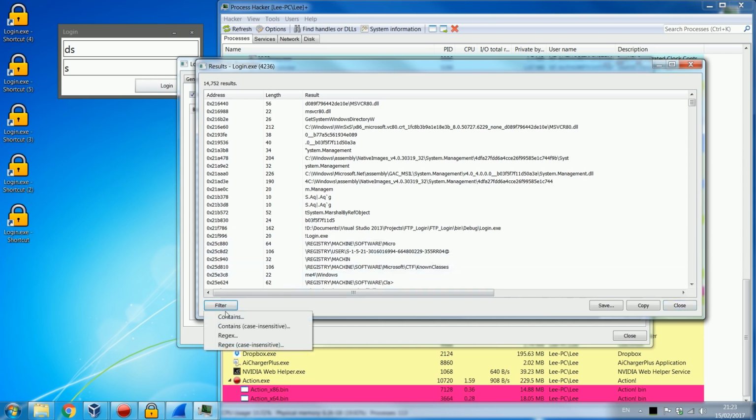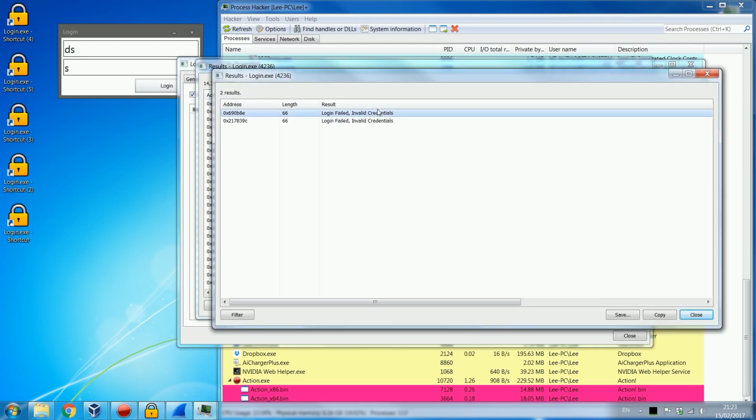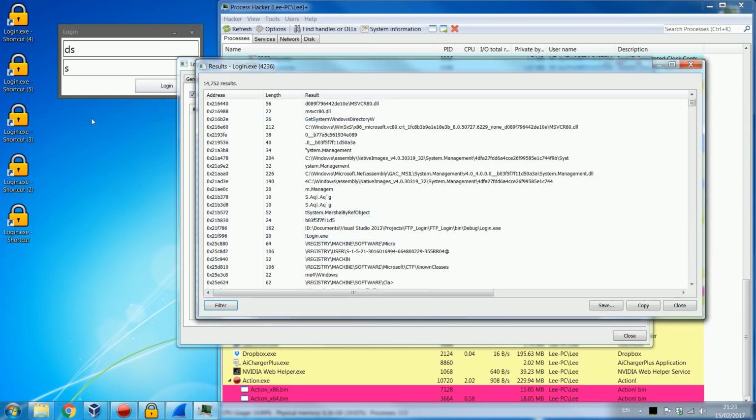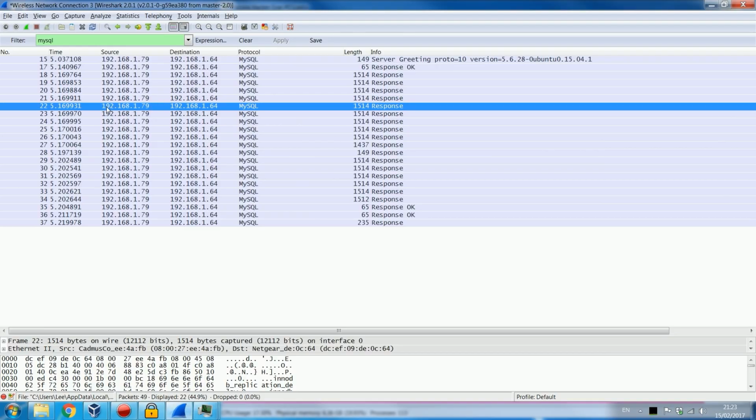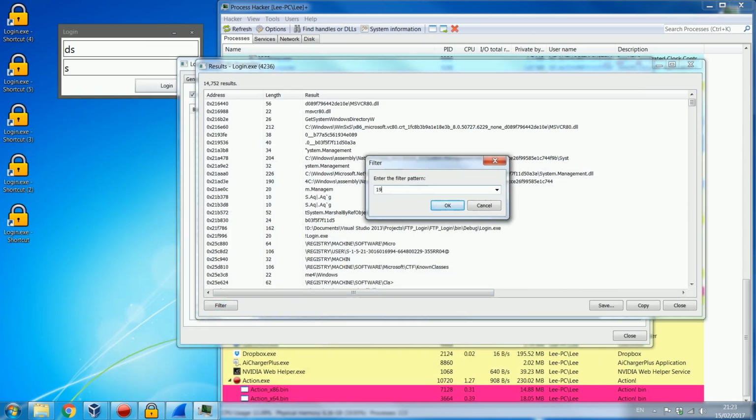And then I can filter for a specific string. So if I search for login failed, then I get login failed invalid credentials. That was loaded into memory, which is the message I get when I try and log in. So I can also search for, say, the IP address, which we found here, 192.168.1.79. I know that's the IP. This one's my computer. I know the IP of my own computer is 1.64, so this one's hosting the server, 1.79. So I can search for that in the strings